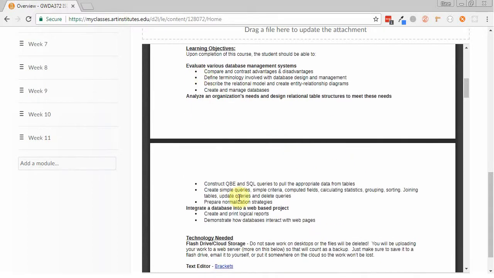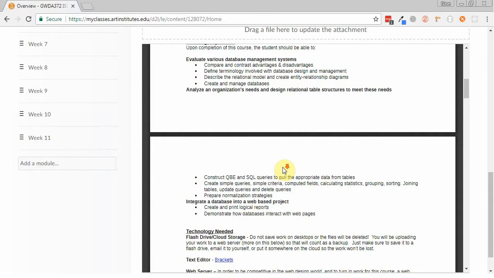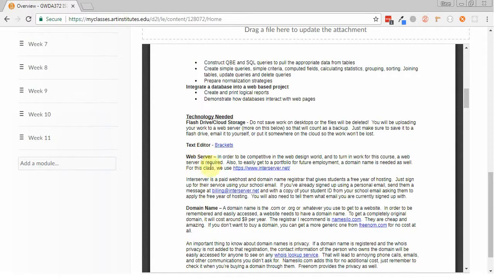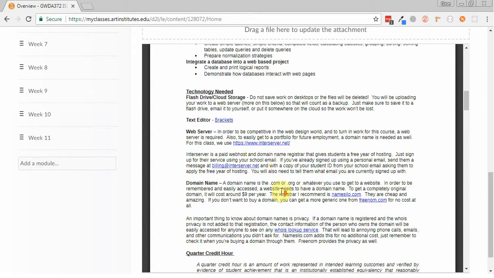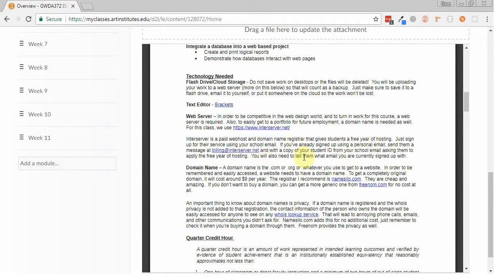So you can go through the learning objectives, basically PHP, SQL stuff, database stuff is what we're going to be doing here. You're going to need a web server. I recommend InterServer. We'll talk about that in a minute when we get into the assignment. It talks about how you can get a free year with them. Basically, sign up with your school email and email them a copy of your student ID